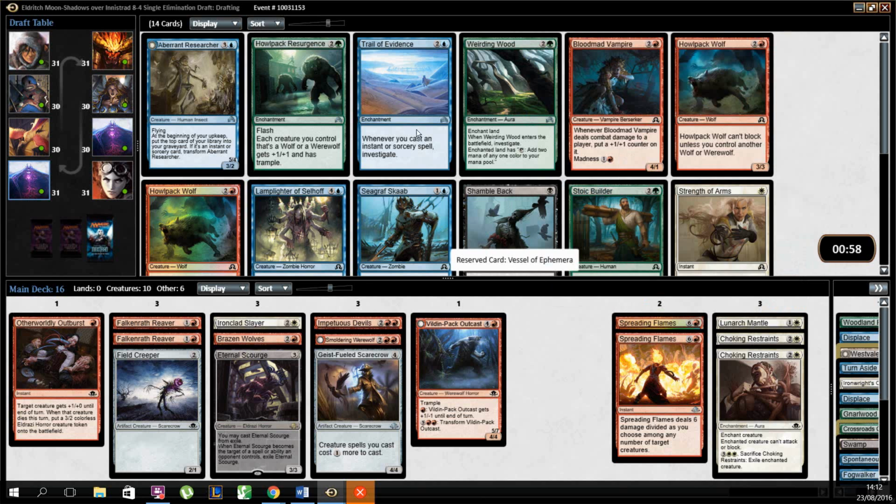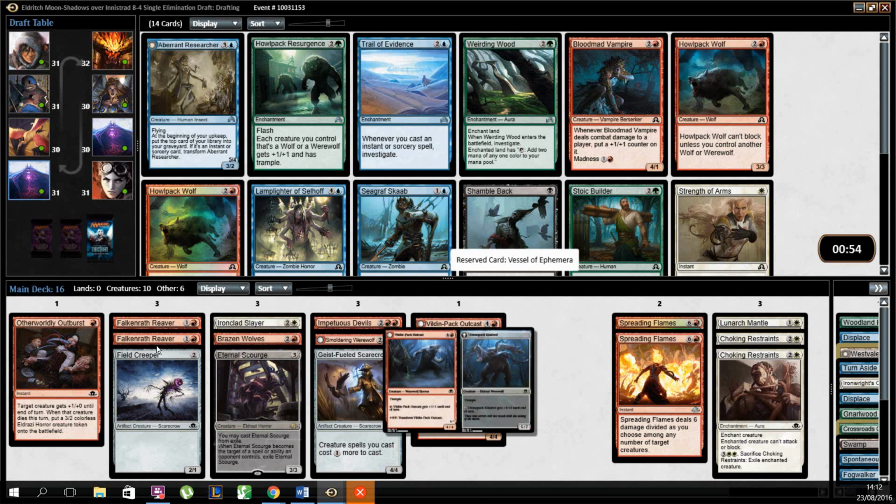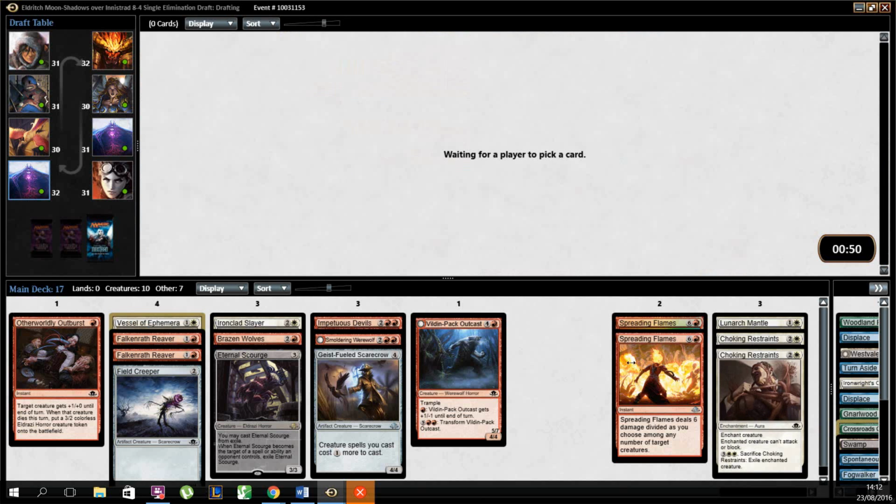Could take Howlpack Wolves, but don't have very many other wolves. 3 other wolves. Allow them to block. Plus Vessel works better with the Westvale Abbey, so that's a pretty... We also have a good shot of wheeling one of those Howlpack Wolves. Remember there was 2 in the pack, so...